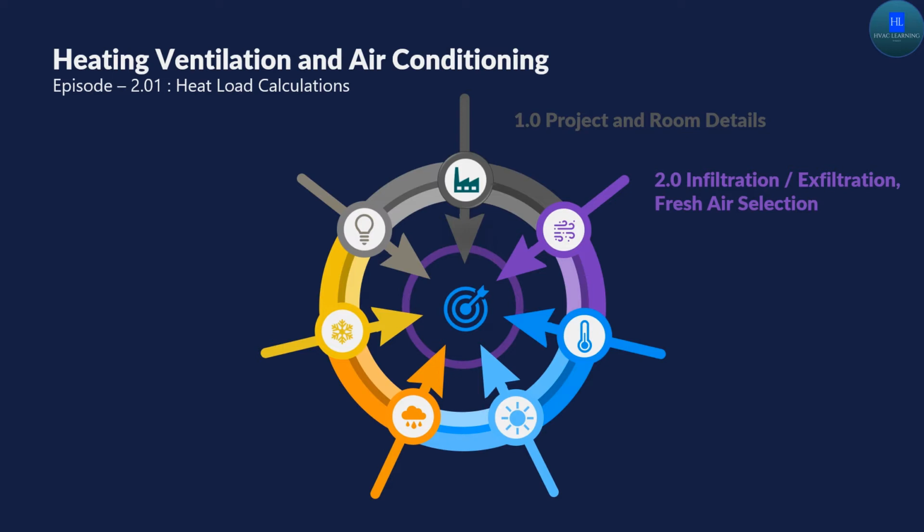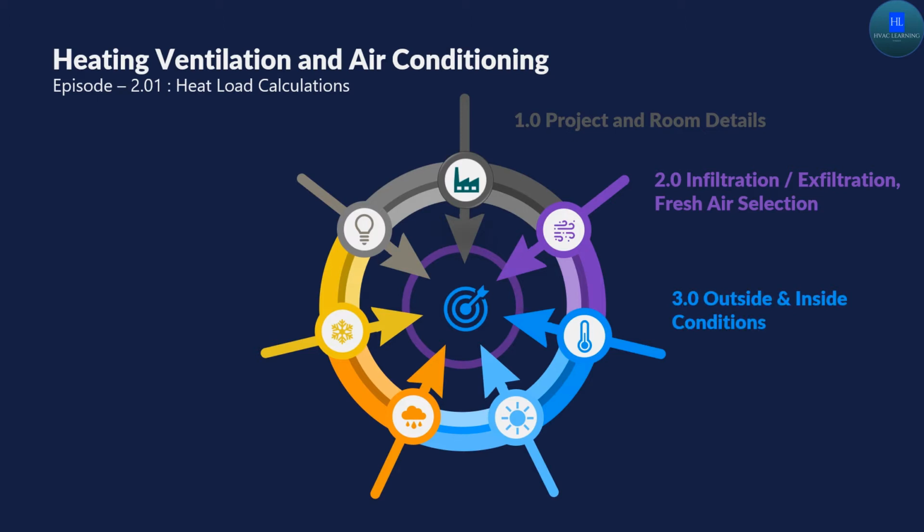So let's say we have one room where, due to some low air pressure inside the room, the external air or the external environment air comes inside that particular room which we are considering for the design. So that process is called infiltration. And if our room is at a higher pressure with respect to the adjacent rooms or external environment, the air will move out from the area which we are considering for the project. So that process is called exfiltration. So we need to understand what is the total quantum of infiltration and exfiltration, and basis that we can calculate the fresh air for the area.